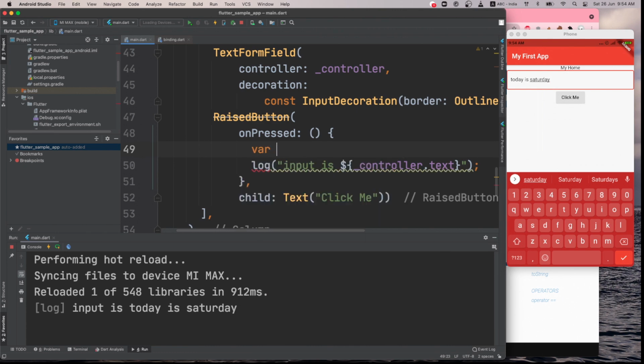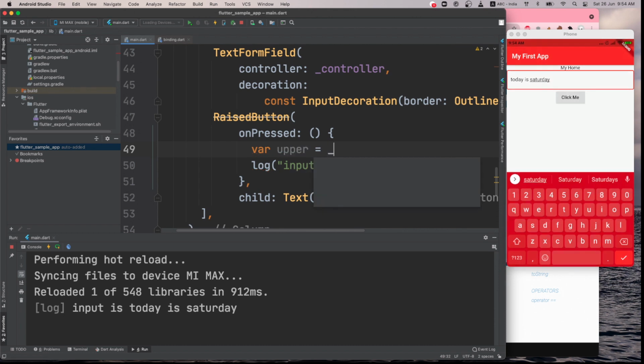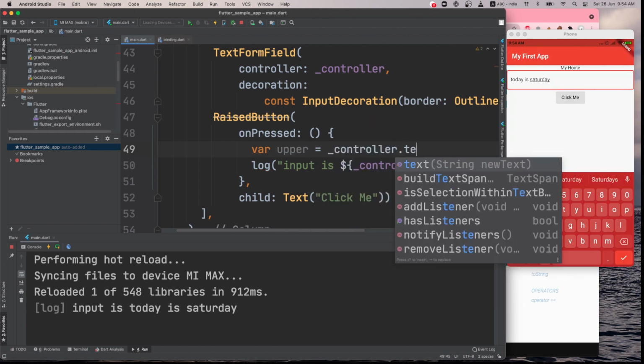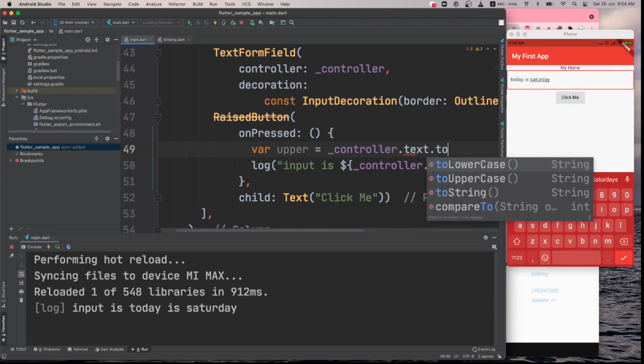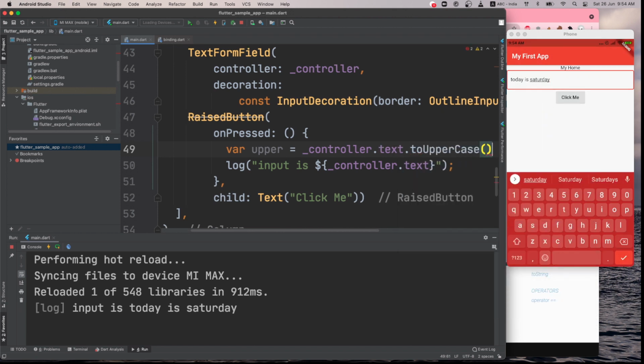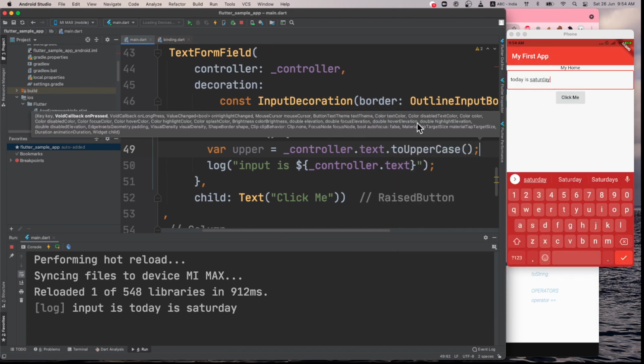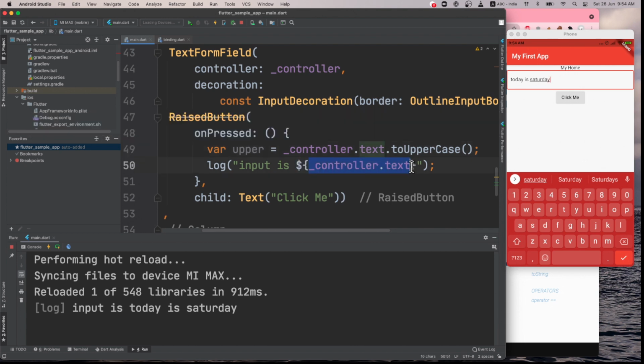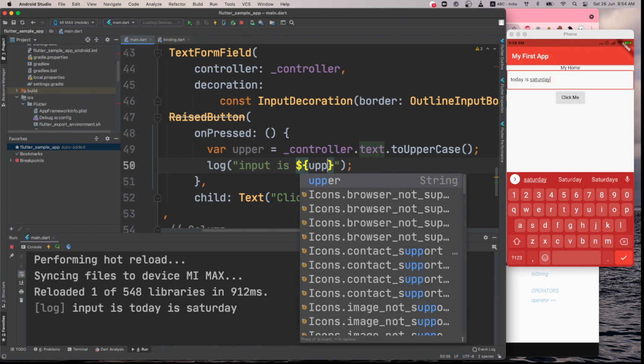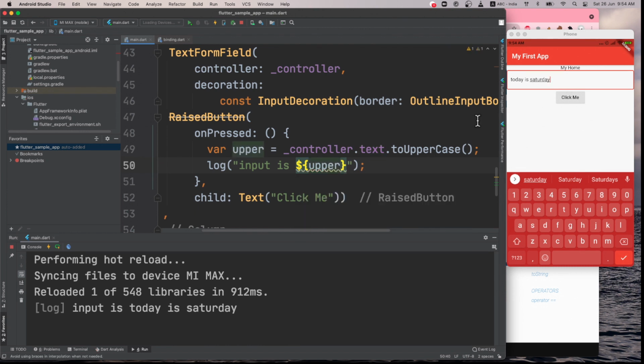So we can say var upper, and then we can use controller.text.toUpperCase, and I want to print only this here, and whenever I save and run this and I click on this, whatever is printing is in uppercase.